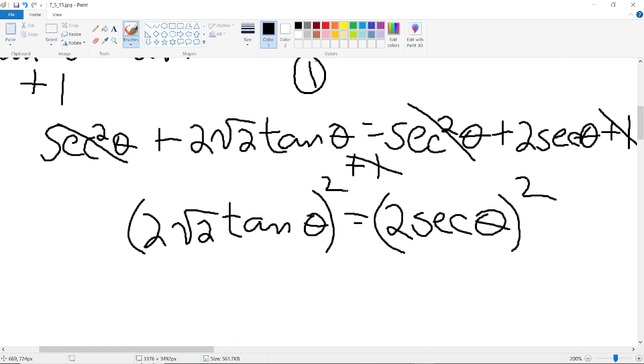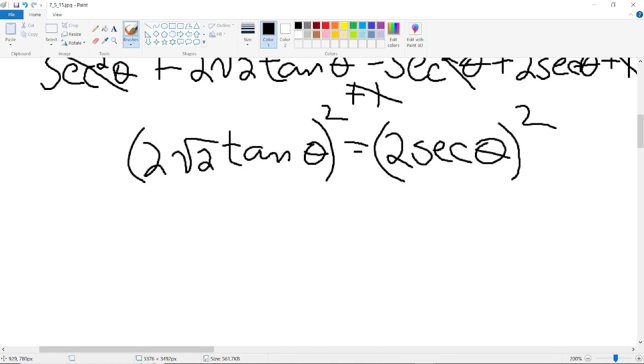So there's probably an easier way to do it. I can't think of it right now, so I'm doing it this way, and you'll see what happens with some weird solutions at the end. I keep mentioning that, but we're going to have to plug them in and make sure they work. So what's 2 square root of 2 squared? Well, 2 squared is 4, square root of 2 squared is 2, times tangent squared theta